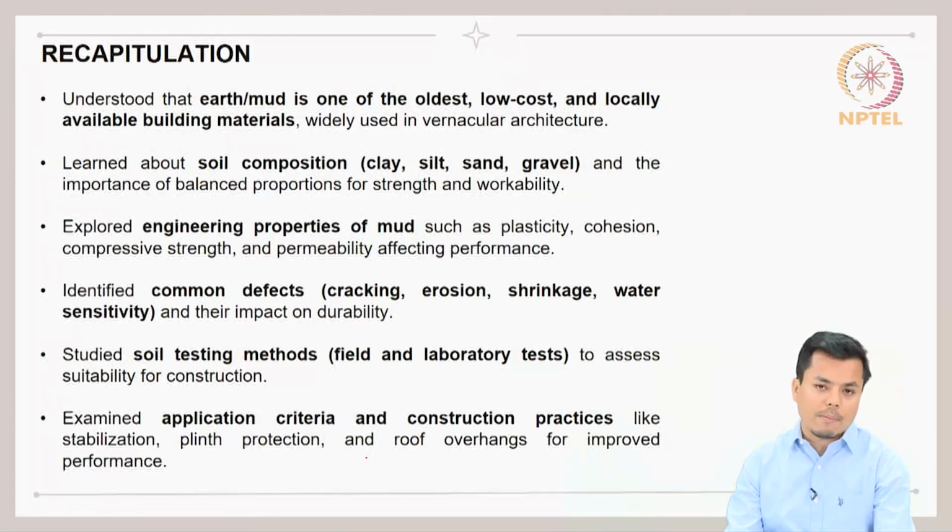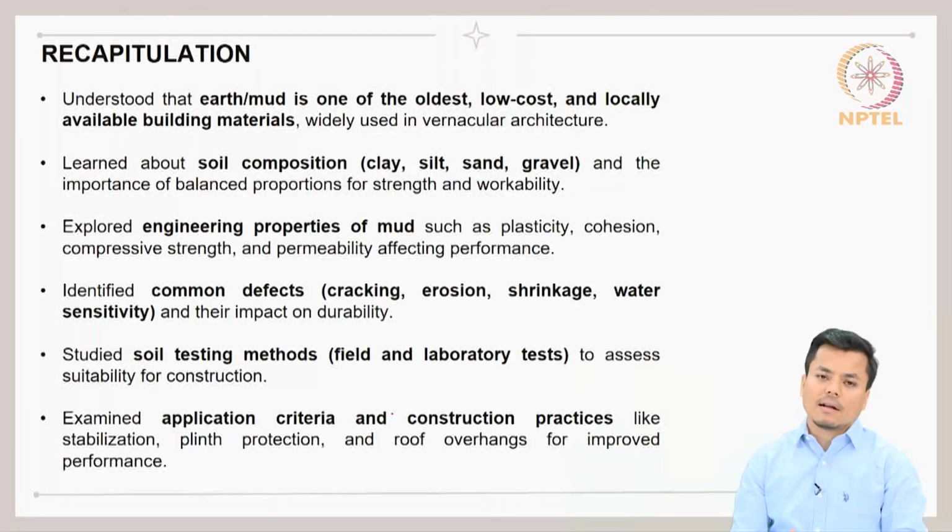So, I quoted some examples in my last lecture, that since Mohenjo-daro or since the Harappan civilization, or from the Indus Valley civilization, we have seen how earth is used for construction. So, we have seen adobe blocks and similar other types of earth based material that has been used for construction. So, it has been used since time immemorial, and it is not that it represents something which is very weak in strength or which does not have that much structural stability in it. So, it is contradictory to that. We can still find these masonry blocks present till today. So, these have been in use for many years, many millennia back, and they are still much